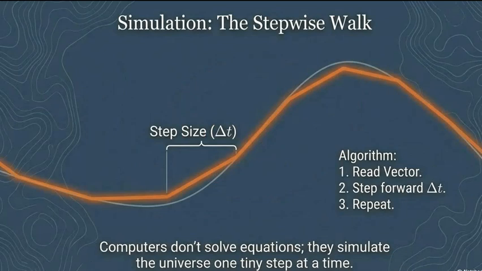Well, I need to know where it is. So the angle. Good. And I need to know how fast it's moving. The angular velocity. Perfect. Those are your two axes. Angle on the bottom, velocity on the side. Every single point on this 2D landscape represents a possible reality for that pendulum.